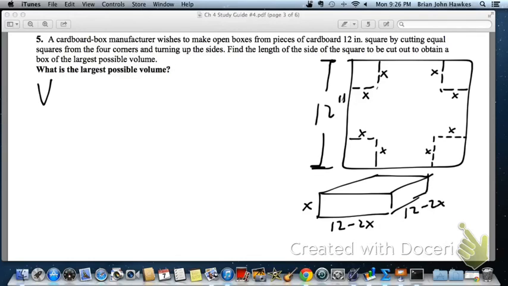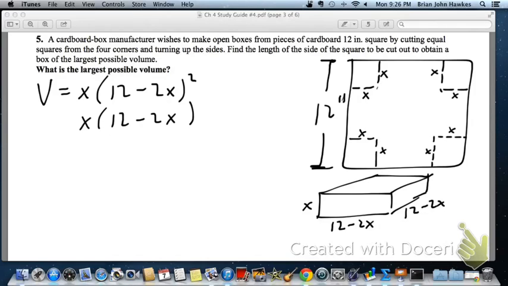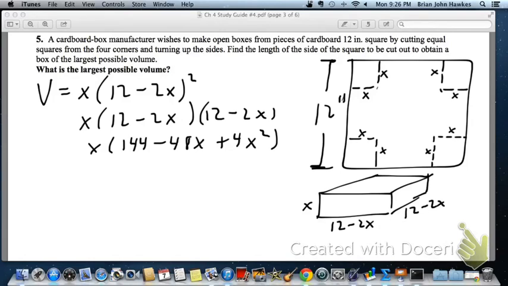the corners we have a volume of length times width times height, so x times 12 minus 2x squared. And that particular volume equation, if I multiply it out like this, 12 minus 2x, so I like to multiply the two binomials together first. We get 144 minus 24, and minus 24 is a minus 48x, and then we have a plus 4x squared. And so our volume in terms of x